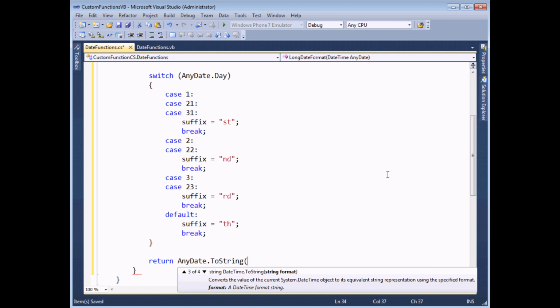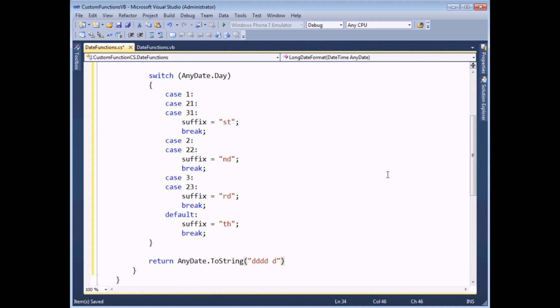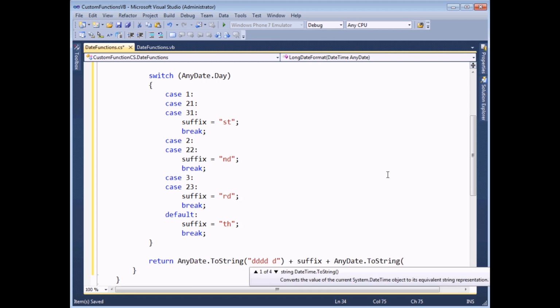The format I want to use to begin with is in a set of double quotes, 4 Ds, followed by a space, and then another D. So if, for example, the day was Monday the 1st of October, this expression would give me Monday 1. What I need to do to the end of that is concatenate the value of the suffix variable. So I can say plus suffix, then another plus, and then anyDate dot toString, and then format the rest of